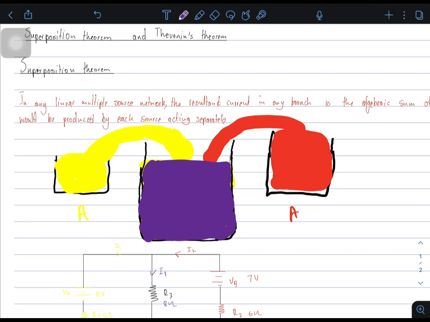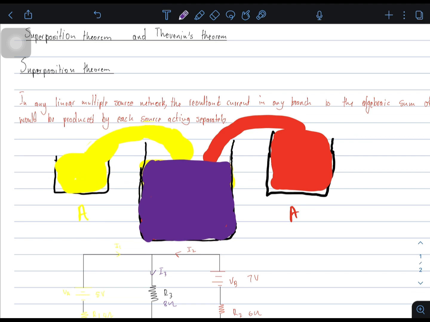I'm fulfilling a topic request from the comment section. The request was, can I please do a lesson on superposition and Thevenin's theorem for N4. This is for N4s. Firstly, I'm going to start with